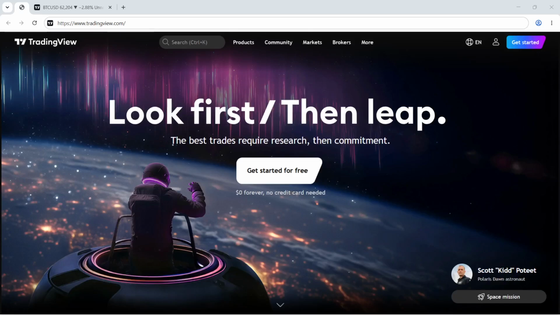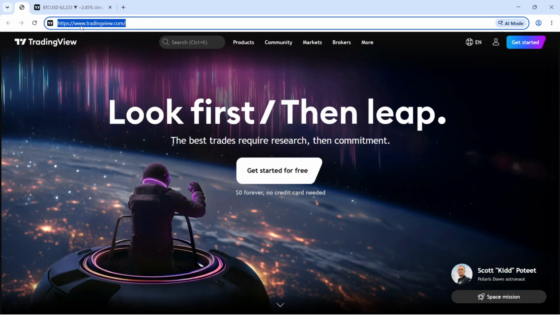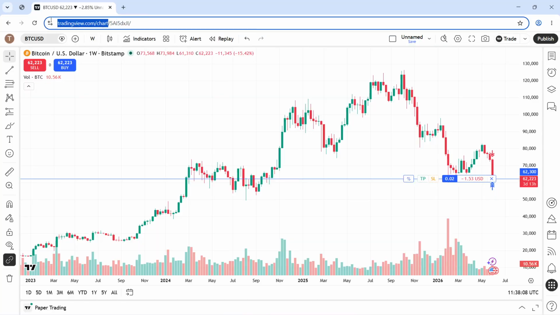In today's video, I'm going to teach you how to take partial profit in TradingView. Let's start by opening TradingView and confirming the paper position. In your browser, go to tradingview.com/chart with the trade now equals paper parameter, which opens up Supercharts directly in paper